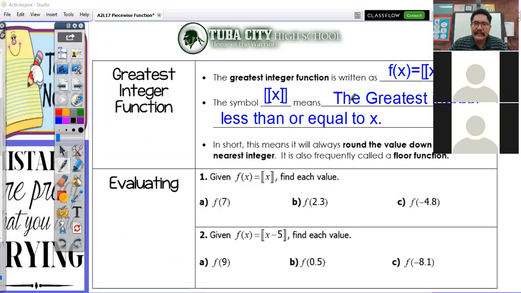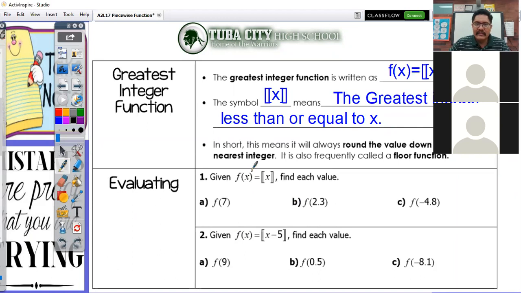And that symbol means basically the greatest integer less than or equal to x. So, or equal to. So again, if you had exactly $1.08 in your pocket, you could buy the sandwich. Because, I mean, you'd spend all the money you had on you, but you would still get the sandwich. So basically, it means that you round it down. And then they call it the floor function, and there's another symbol that kind of looks like that, and that also means the same thing, round down. Anyway,